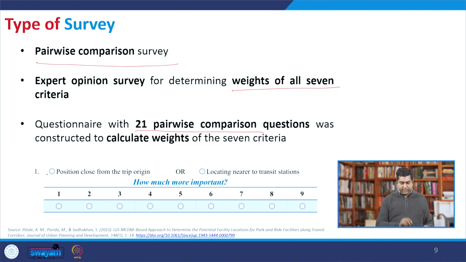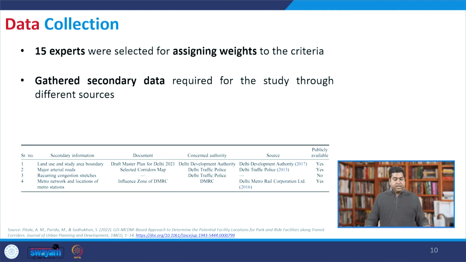So say for example, if I say that locating nearer to the transit station is much more important than the position close to the trip origin, I give a score here. That means this is preferred, or this is much more important than this. Similarly, for all 21 pairwise comparisons, the experts have answered. 15 experts were selected for assigning the weight, and finally, we have used the geometric mean to aggregate the result, and we check the consistency ratio, and wherever there were issues, we again got back to the experts and